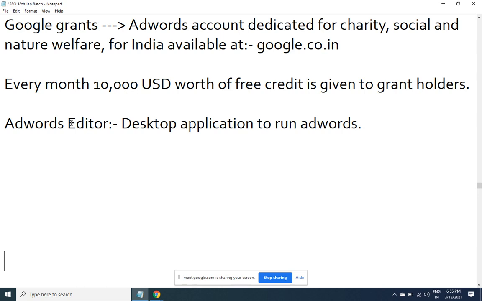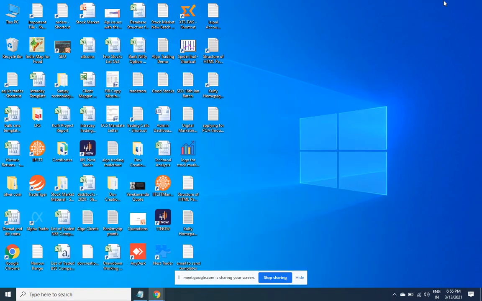Just like MS Office, AdWords Editor is also an application. You double click it, it will get installed, and you'll find the same interface that you find on the website, but you can work even in offline mode. Offline, you can very quickly switch between screens, create campaigns, add groups, ads and all that. You don't have to wait for the page to load.